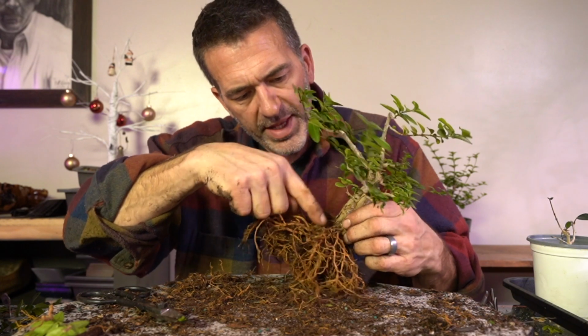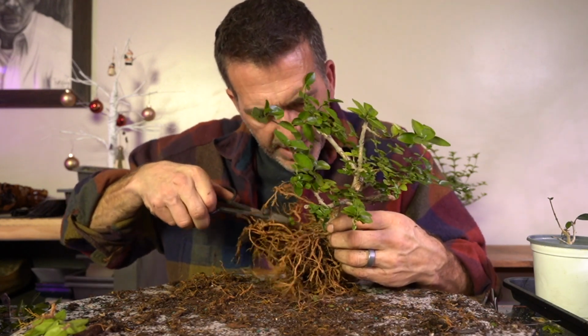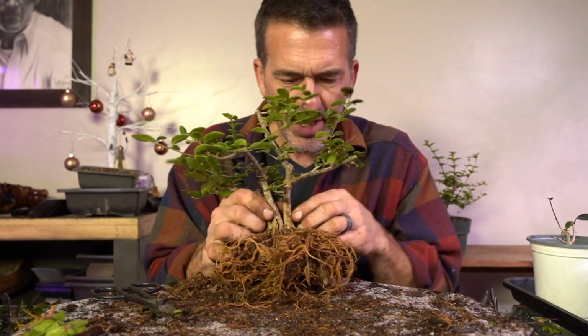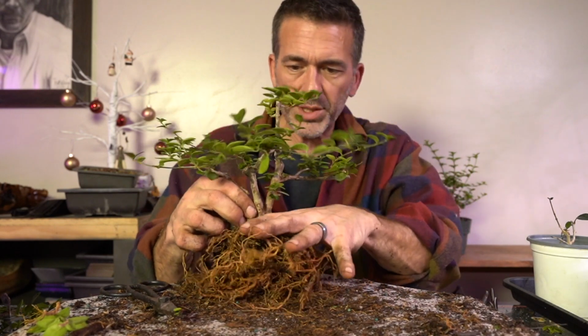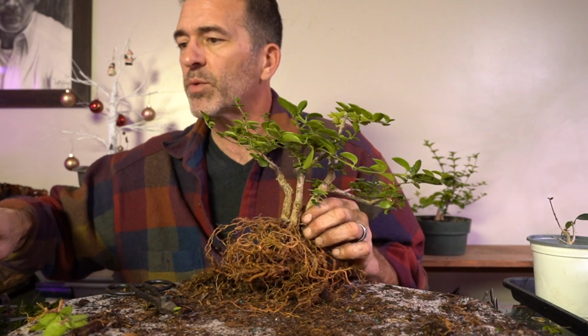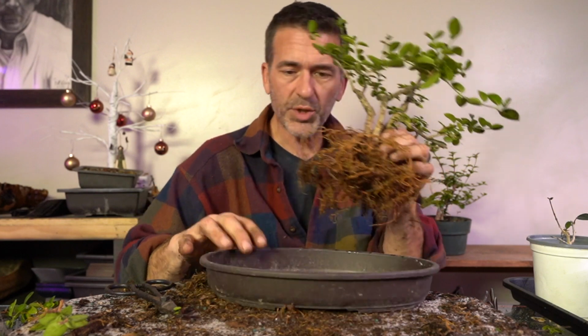Some people might cut some of these off. I might keep a couple of these and try to get that landscapey look, where we have a whole bunch of roots over a hiking trail, and you walk right through this tree on a trail right here, and there's roots from this tree or set of trees, and we can have roots from a set of trees over here. So that's where if I had multiple trees, maybe I'll repot the final 2 trees in this pot